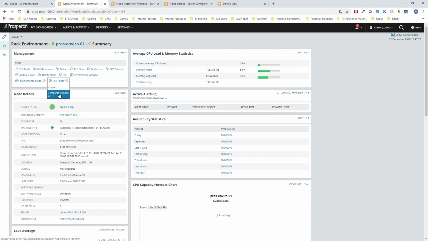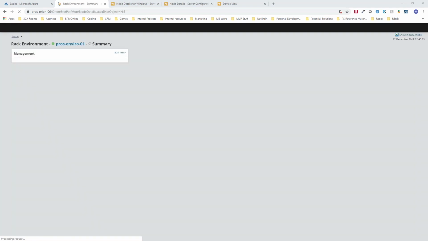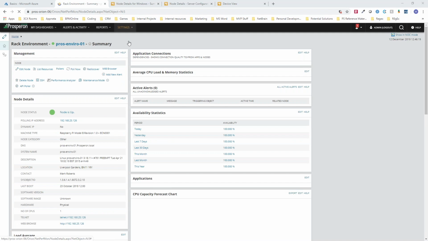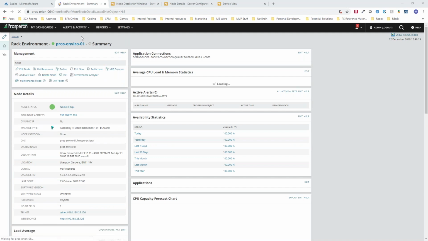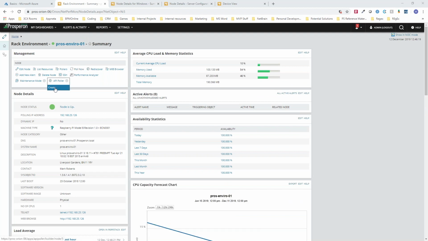And I've got this in place already. I'm actually going to just delete this. I'm going to redo it. And you'll see how interactive and easy this is. So as I said in the slide deck, we were in a position of having to do this via scripted methods previously. So here with the API, I can create,